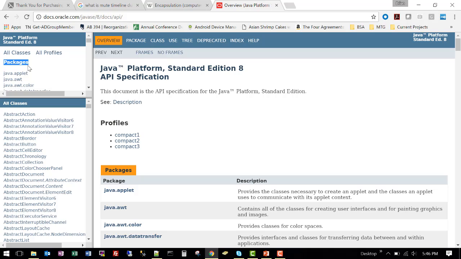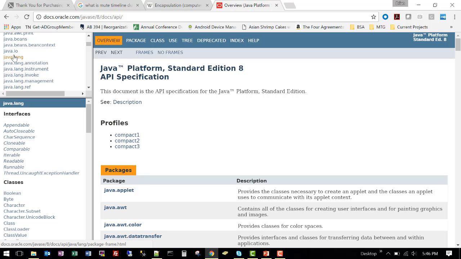We'll be learning more in a future class about how packages work, how to create them, how to name them, and how to use them for your own programs. And if we go to, say, java.lang, the default API library that we get to utilize for any Java